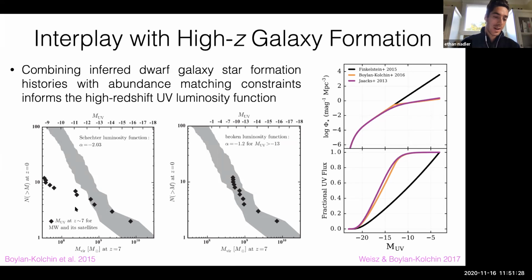In fact, this has been done using the brightest Milky Way satellites. If you use the roughly 10 classical satellite galaxies and combine those with abundance matching constraints, you can already have some constraining power over the slope of the galaxy luminosity function at high redshifts for these very faint systems. Obviously these constraints will improve quite a bit as we use more Milky Way satellite galaxies and these new observations. And this has many implications, for example, for the contribution to the reionization budget of the universe from these very faint galaxies.